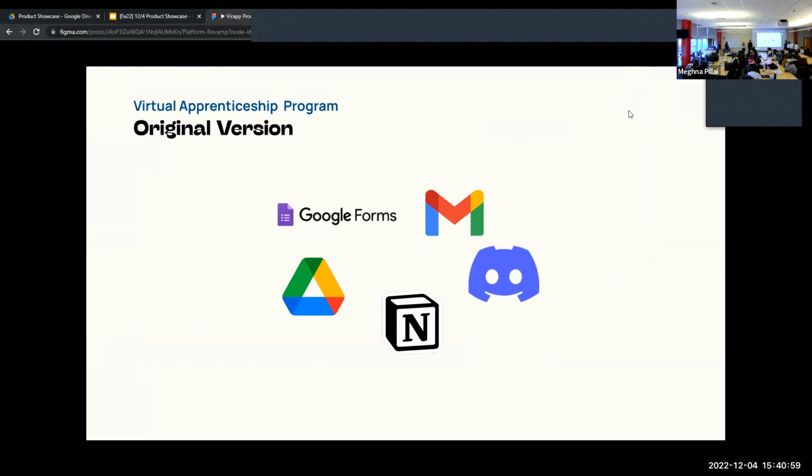And so the virtual apprenticeship program ran in the past, but it didn't run on KadaKareer's main platform. Instead, they used a combination of Google Forms, email, Google Drive, Discord, and Notion to make this work. So instead, we want to bring this all onto one platform, and that was our solution, which was a